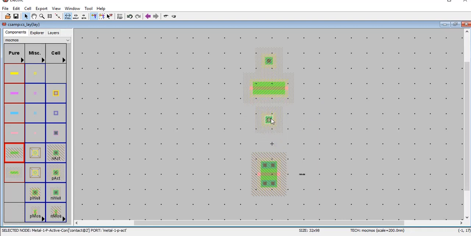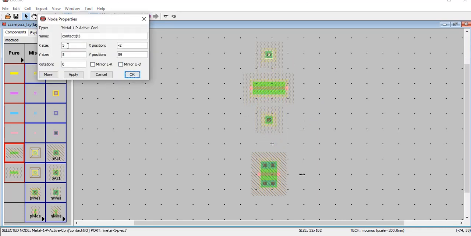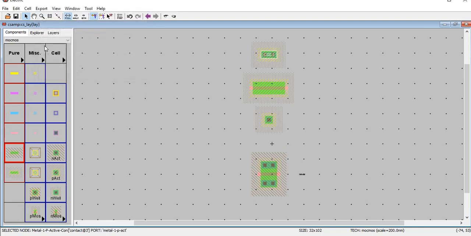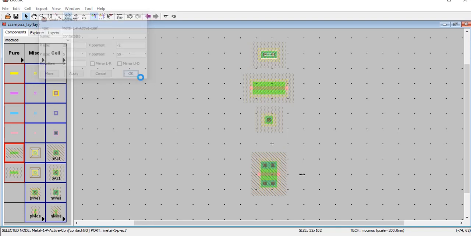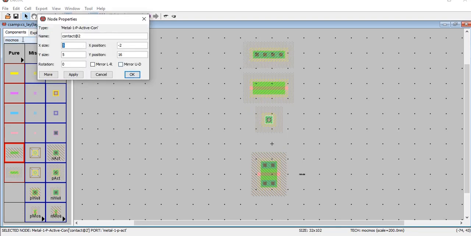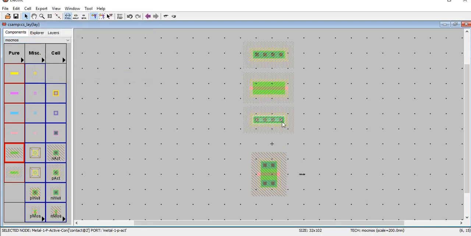I am going to adjust the width of these active regions. So I'll make it 20. Yes, so this is also 20, and then I'm going to join them. Left click, come down over here, right click; left click, come down over here, right click, bring it close enough such that this patch is mingled with the PMOS.